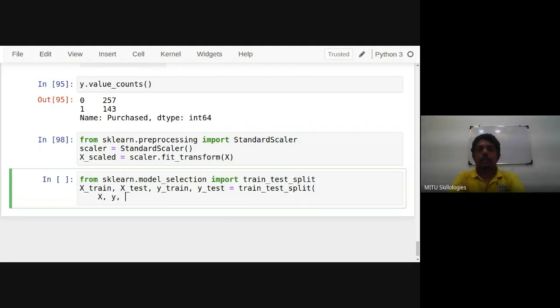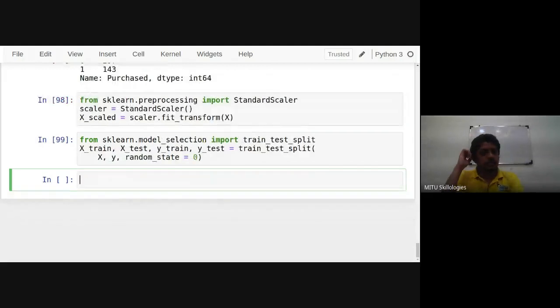So we'll split this data in 2 parts: 300 entries will go into training data and 100 into testing data. That is 75-25 by default, which this function already does. Randomization is compulsory.